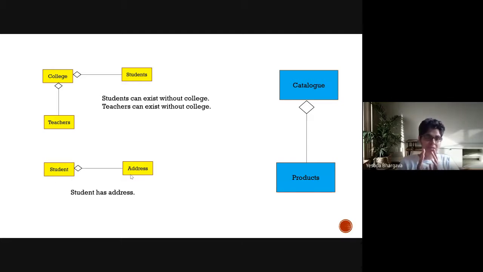So this is the basic logic behind the aggregation relationship. Similarly, another example could be that a catalog is an aggregate of different products. In a class diagram, this is how you would denote the relationship between two classes if it's an aggregation. The diamond points out to the whole, and this end to the part of the whole. The senior level class or the upper level class always has a diamond attached to it, which is an open diamond. So that is an aggregation relationship.